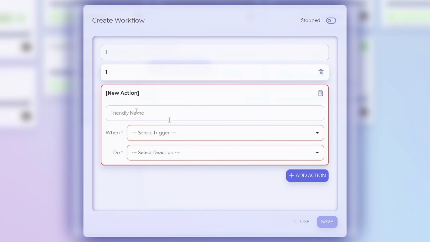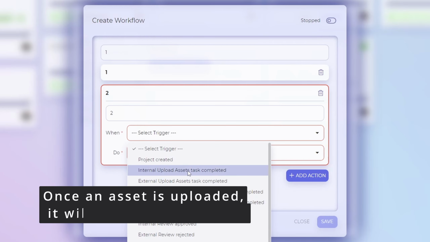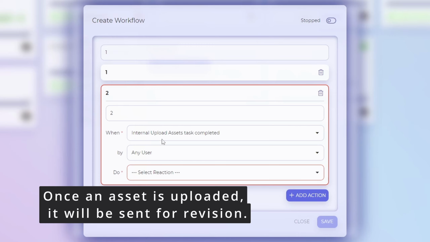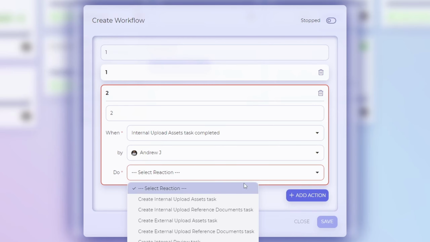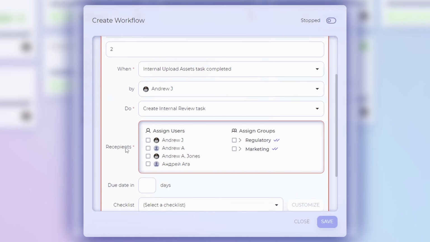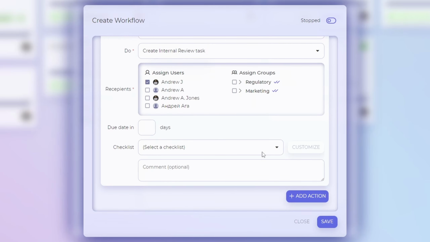Let's add another action, action number 2: when Andrew performs the internal upload asset task, so the trigger is internal asset task upload completed by this guy, then the system will create the internal review task. So we will send the file for review. And again, I will select myself here. As you can see, I can put a checklist, I can put some different descriptions, but we will skip it